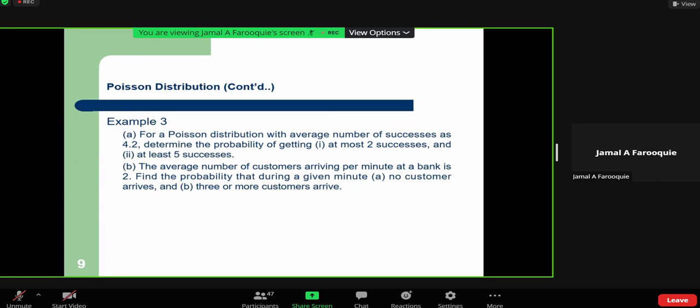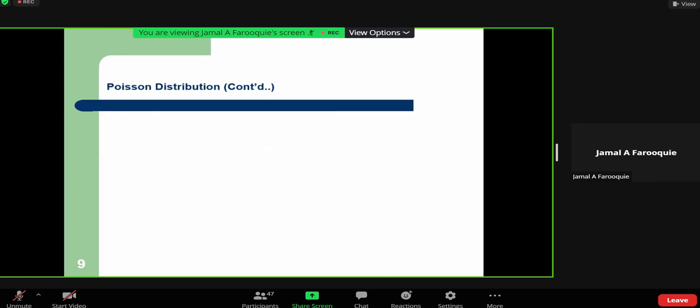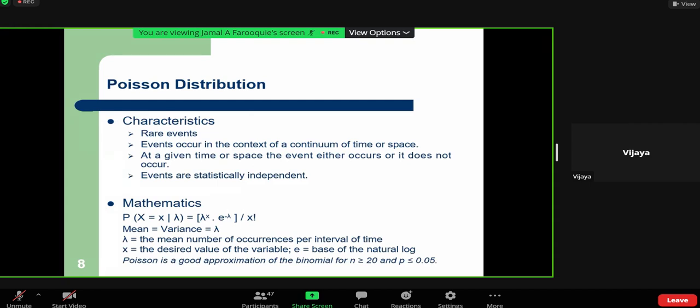What is x? At most 2. So how will you express it? Less than or equal to 2. Please write this information using the left hand side: probability x less than or equal to 2, vertical slash,